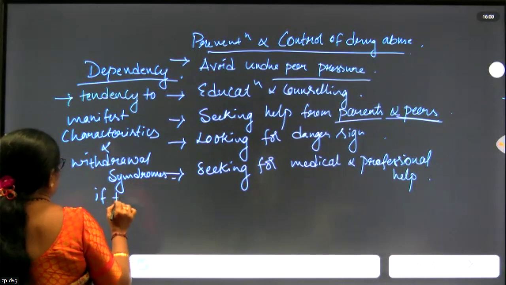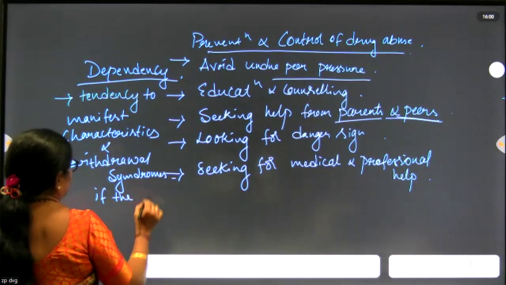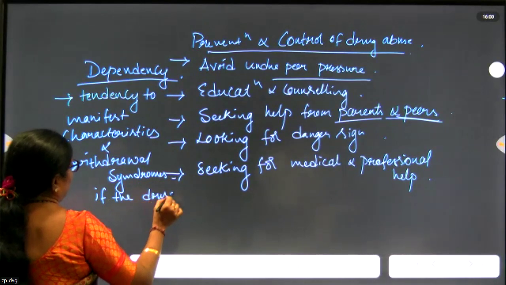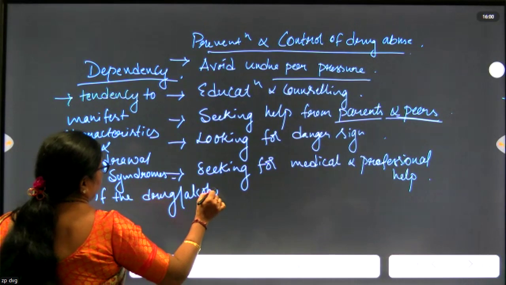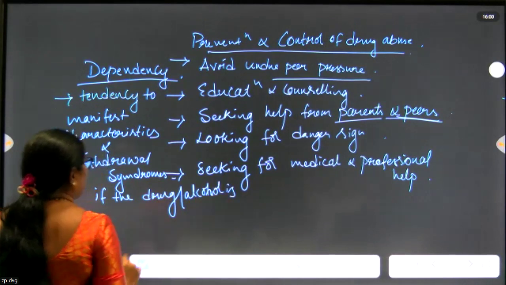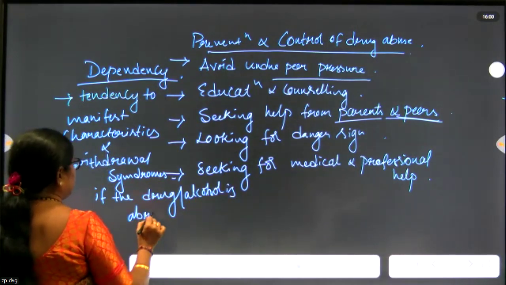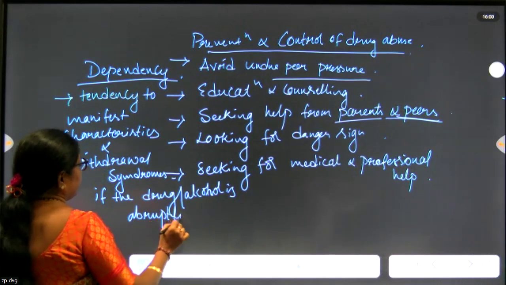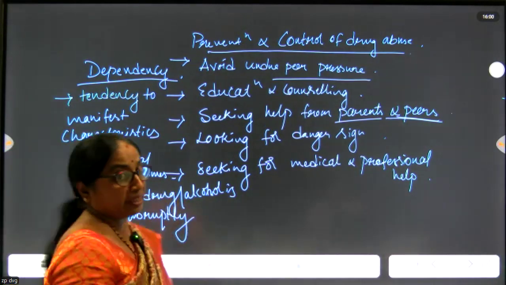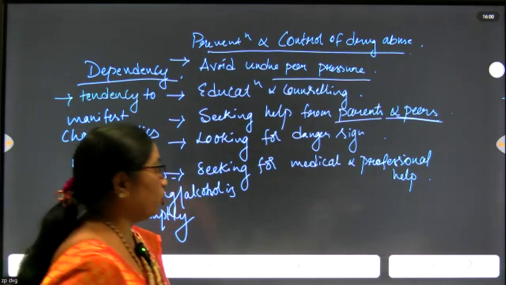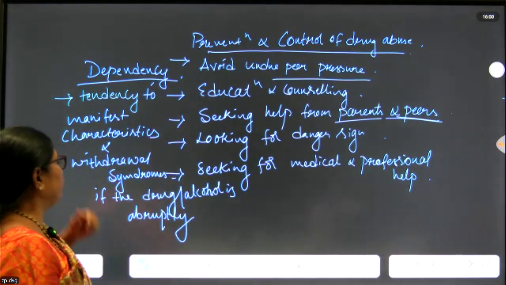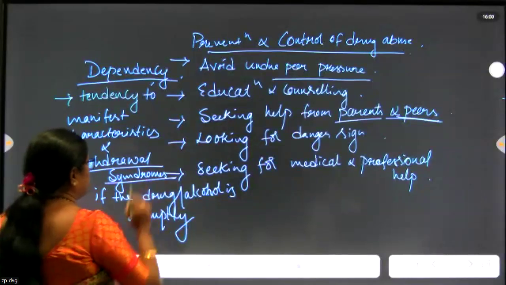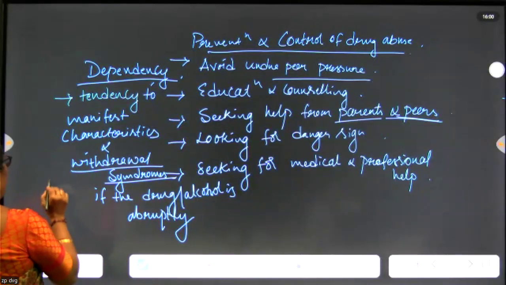If the drug or alcohol is discontinued abruptly, so someone with addiction is completely dependent. So if you try to stop, what happens? He will have some withdrawal syndromes like nausea,